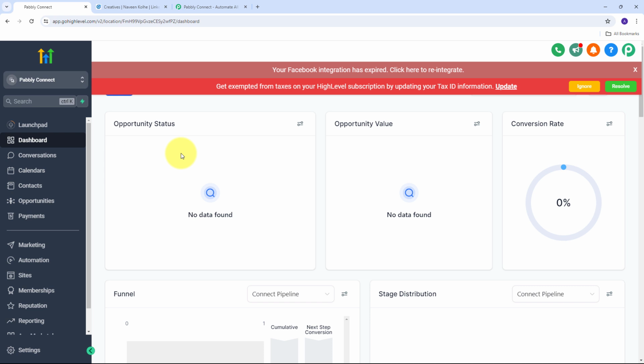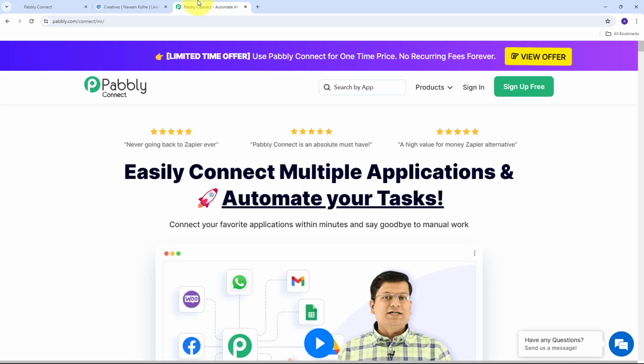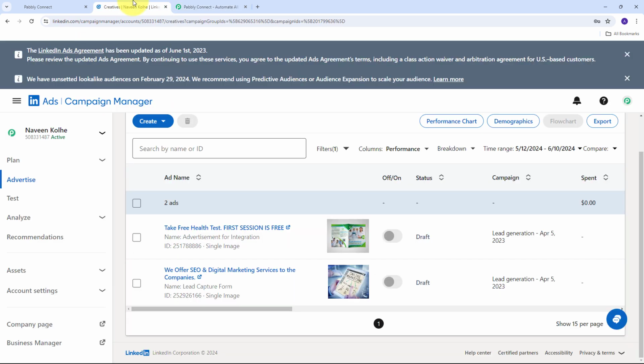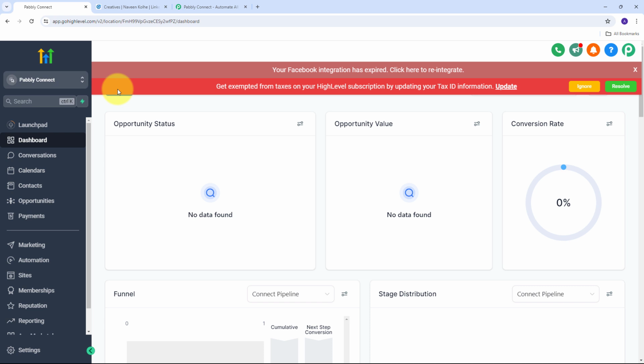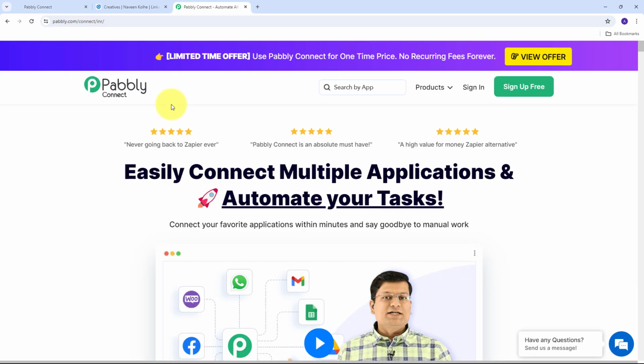We also want to do this automatically so that it saves our time and energy, and for that we are going to use Pabbly Connect. With the help of Pabbly Connect, we are going to build this connection between LinkedIn lead ads and GoHighLevel, without any coding and programming skills. So let's get started. For using Pabbly Connect, we need to search for pabbly.com/connect in our browser, and